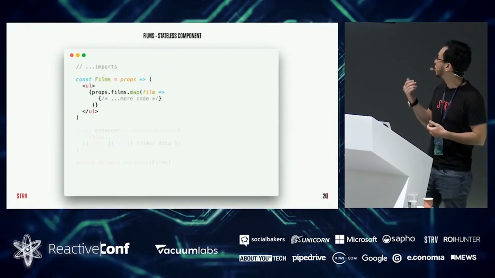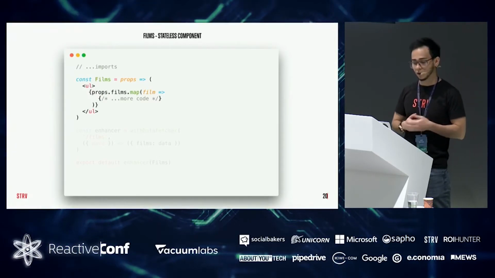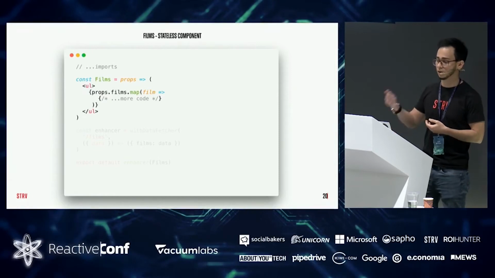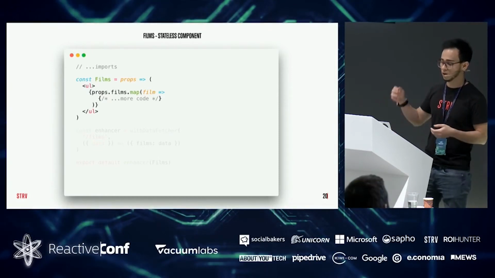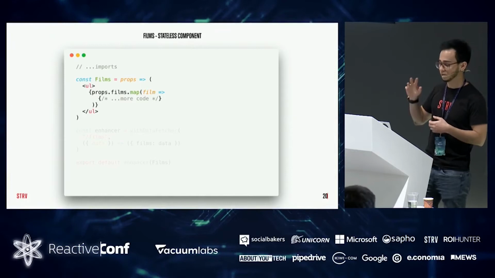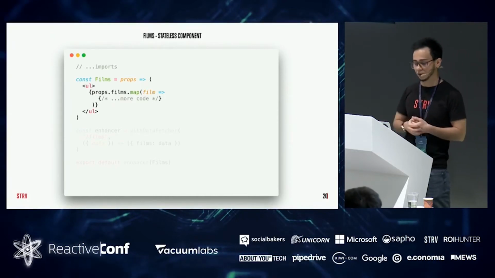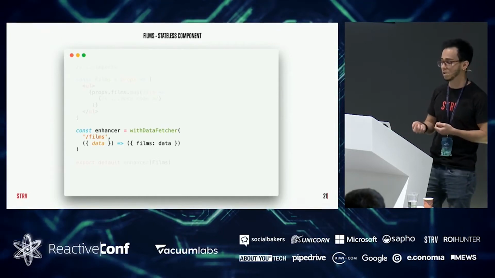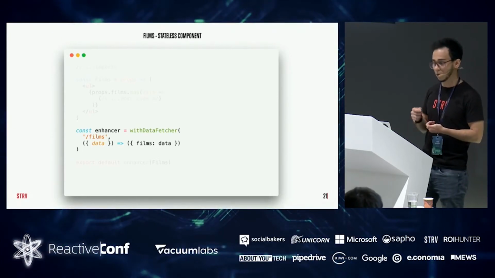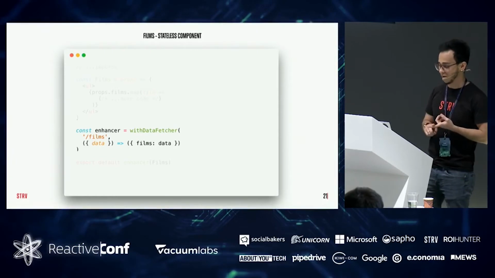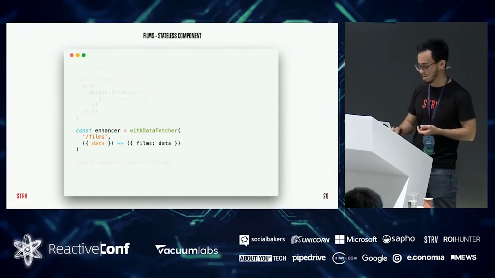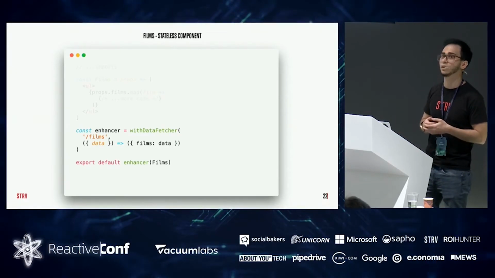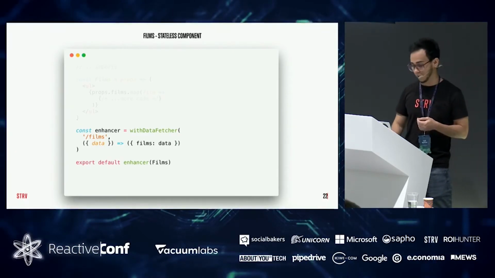Same version, but stateless. Here we have just a function-based component, and it's pretty clear straight away what the HTML of this component is. It's pretty straightforward. And then on the bottom, we configure our higher order component, which is this function here that we just pass the URL and the data mapper that we need. And then on the bottom, we just enhance this films component